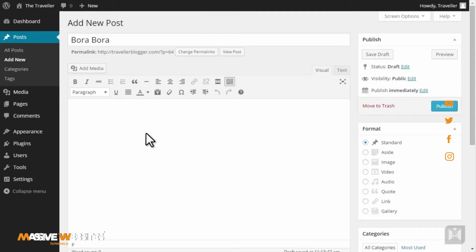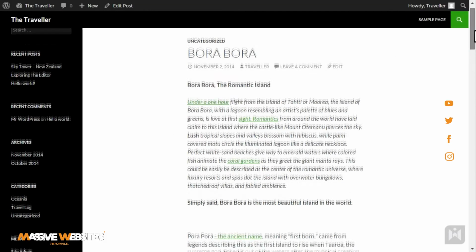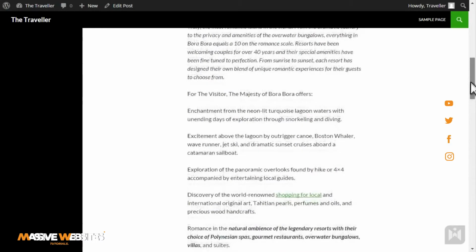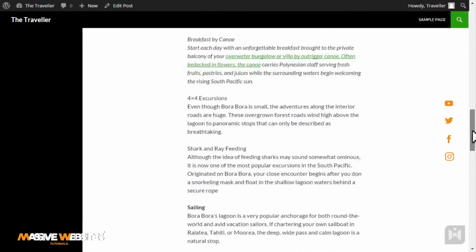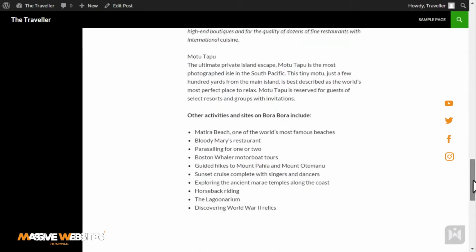Open the lecture material. I have purposely formatted this material to be messy, but don't worry. Copy and paste the content provided into the editor, then click Preview. A new tab will pop up previewing what the post is going to look like if you publish it. You'll notice a lot of random formatting, random links, random bold and italic text, so let's go back to the